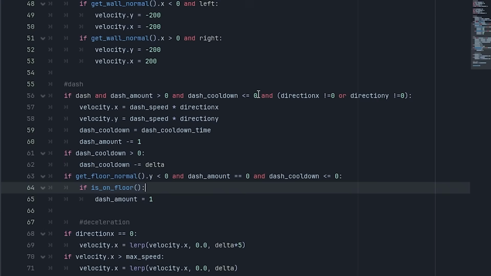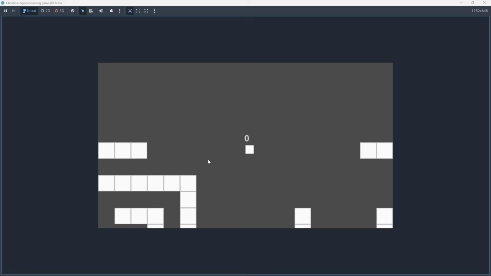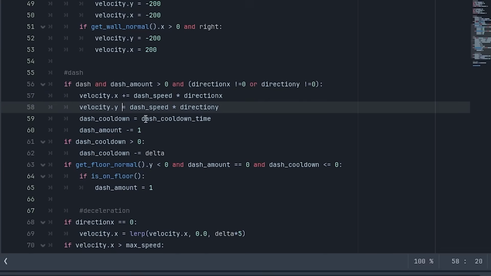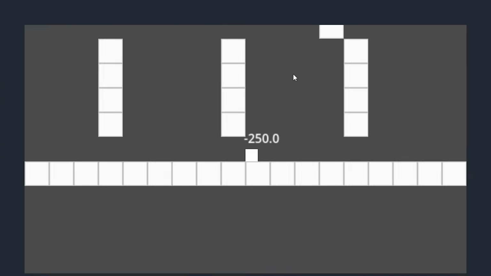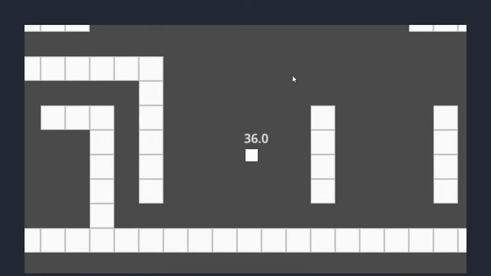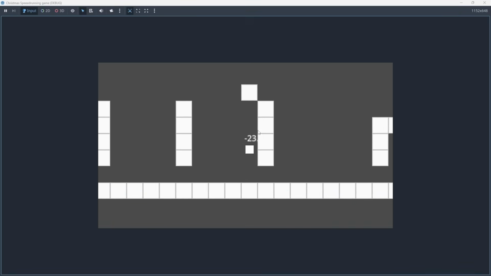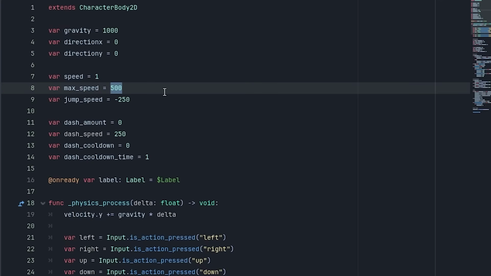Oh, that was cool. I don't think I need this here, because it only gives me a dash if the cooldown's 0. Also, I do kind of want this to add to it. Oh, that works. Oh, what if I just do normal delta? Does it stay like that for longer? What is that? I mean, I liked the momentum thing that I had going, so I'll just go back to